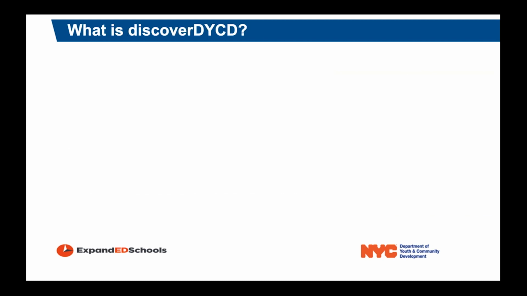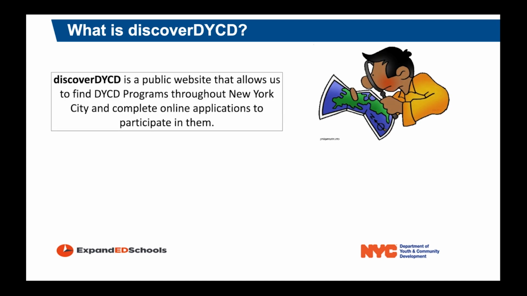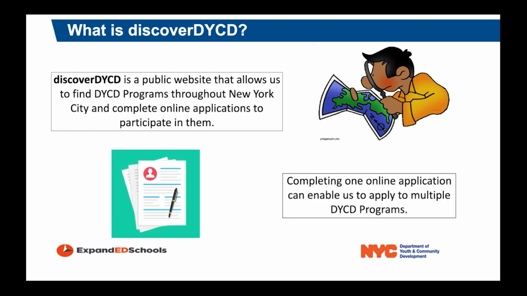Now, before we go on to the finer details of Discover DYCD, let's first gain an understanding of what exactly it is. Discover DYCD is a public website that allows us to find DYCD programs throughout New York City and complete online applications to participate in them. While Discover DYCD has been a usable tool for a while, due to the unique nature of the 2021 financial year, DYCD hopes to utilize this system to reduce in-person contact while applying for programs. Completing one online application on Discover DYCD can enable you to apply to multiple DYCD programs. However, you do not need to create an account in order to do so,